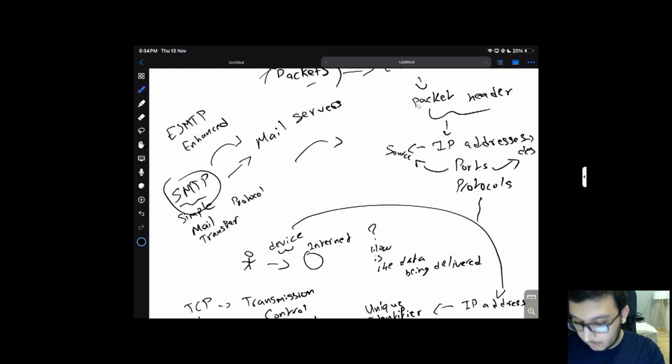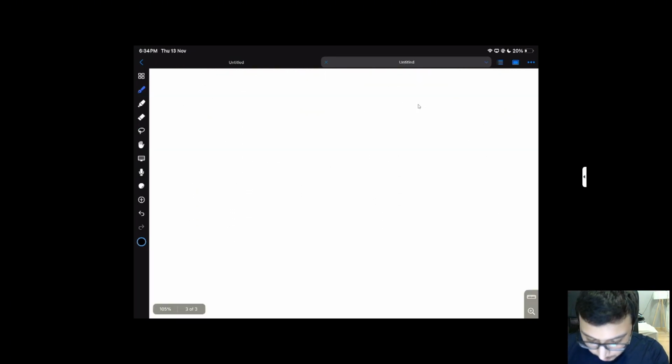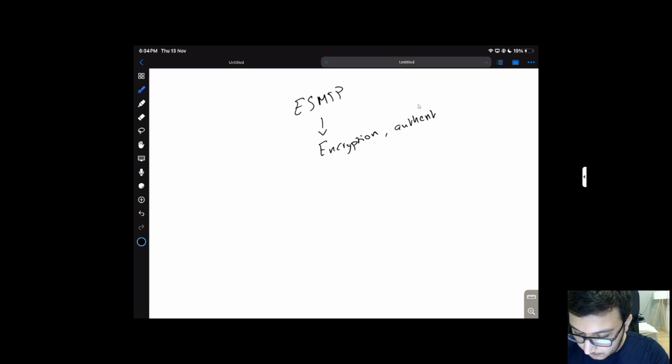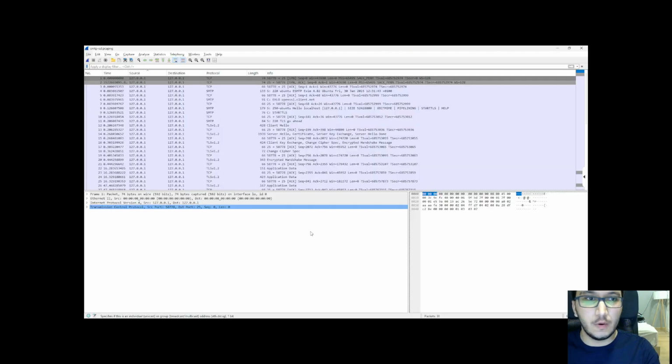And if we go back, basically what enhanced SMTP offers is it offers encryption, and it also offers authentication, right? So that's what the ESMTP offers. And while the SMTP doesn't offer those,